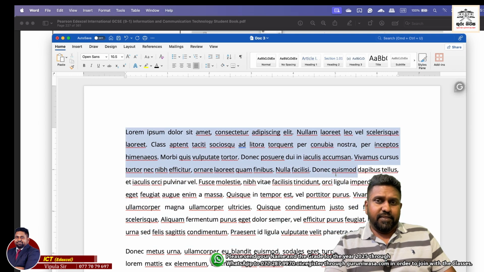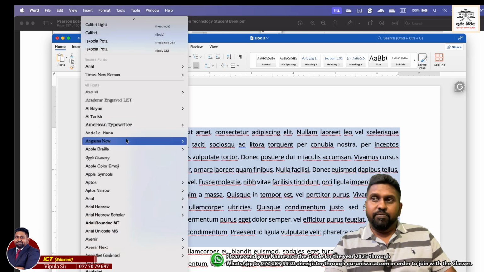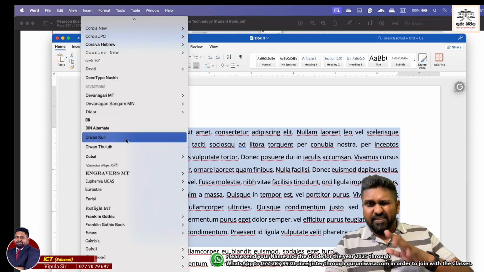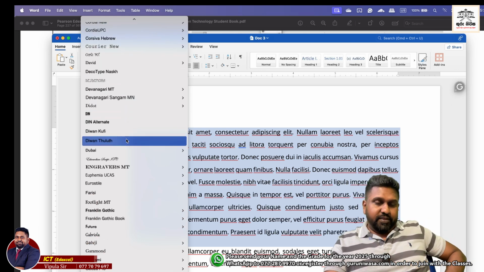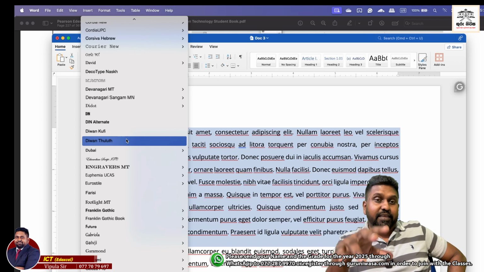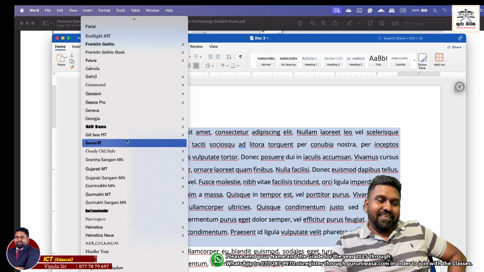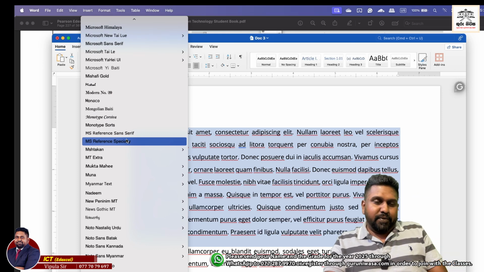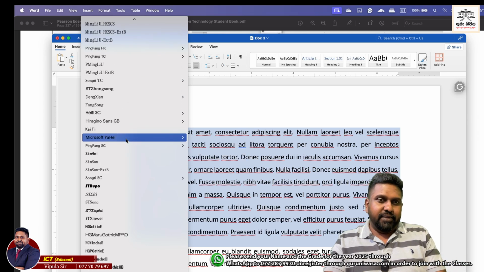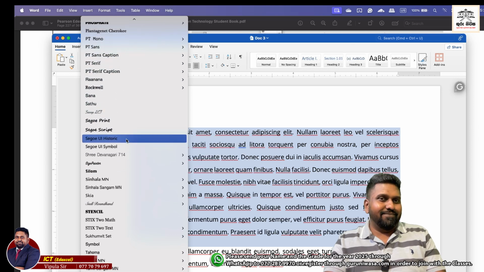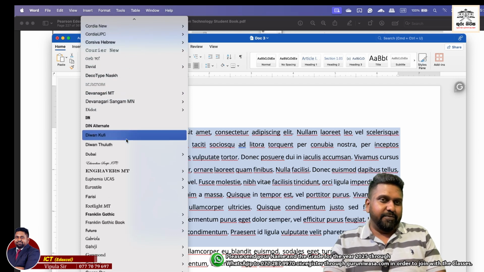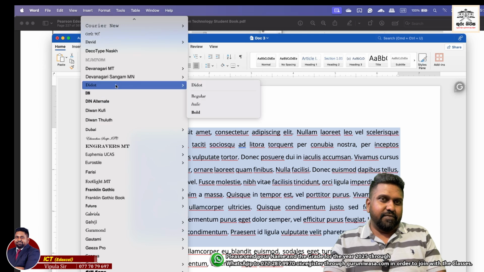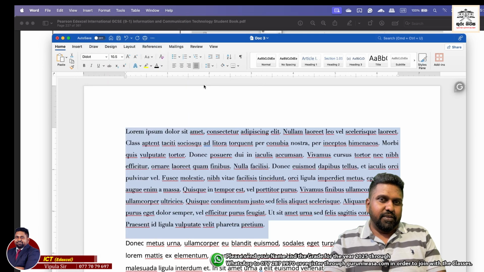Okay, so let's select the text, and then when you click on font, you get a massive list of fonts. Okay, so this depends on your computer. I do have a lot of additional fonts installed on my machine, since I do some graphic designing work as well. Otherwise, by default, I don't think you might have this many fonts in your laptop or Windows PC. But then again, if I want this one, select it, nice,